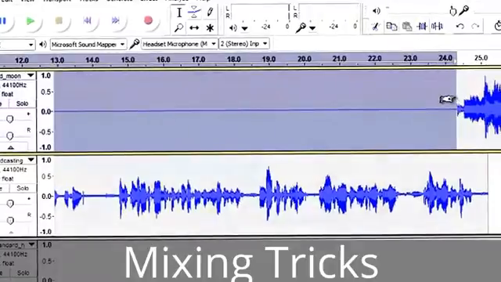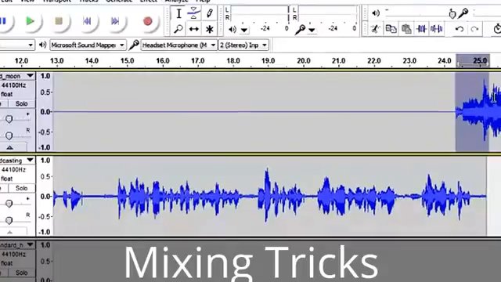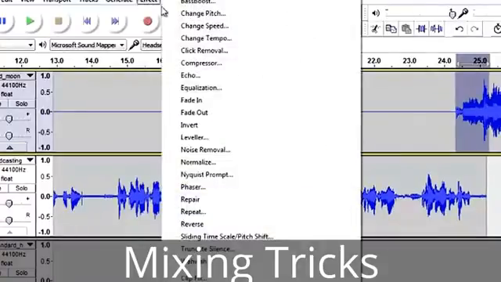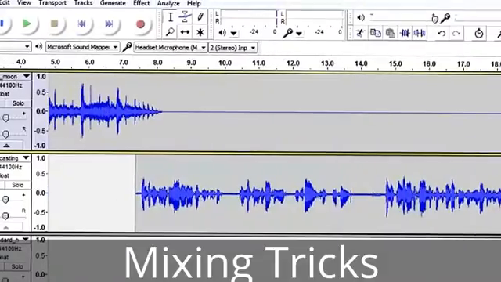And then at the end here I want this to fade up. So I'm going to select this bit and I'm going to choose Effect, Fade In. Okay, so what we essentially have here is